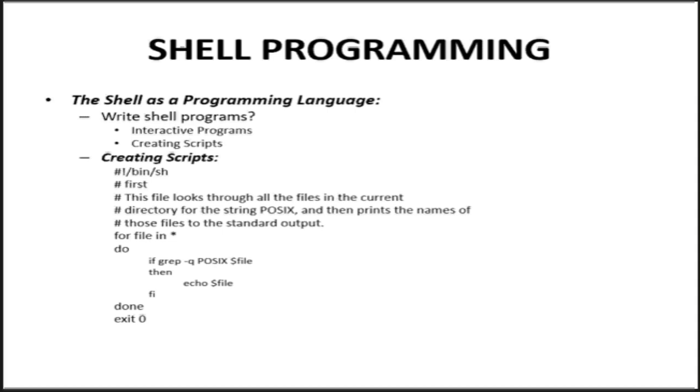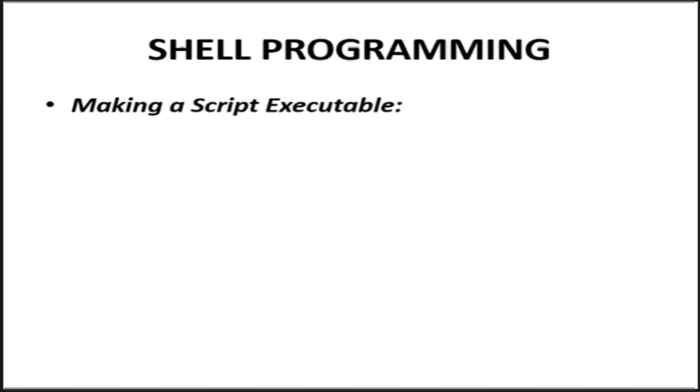Now we will discuss how to make a script executable. I have a file called first, and we can run the shell script file in two different ways. The simpler way is to invoke the shell with the name of the script file as a parameter, like /bin/sh followed by the file name. This should work, but it would be much better if you could simply invoke the script by typing its name, giving it the respectability of the other Linux commands.